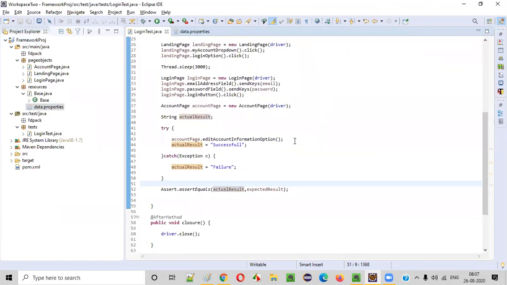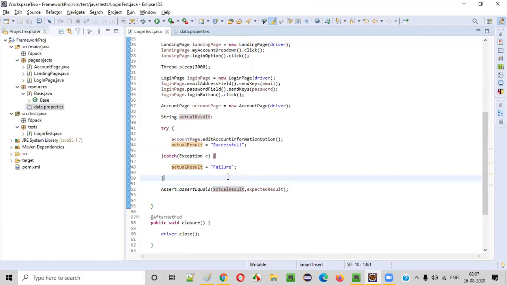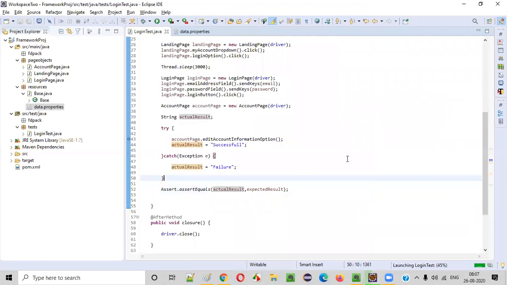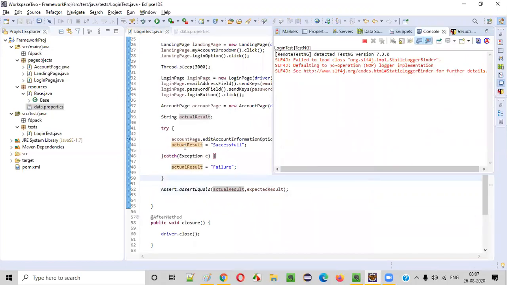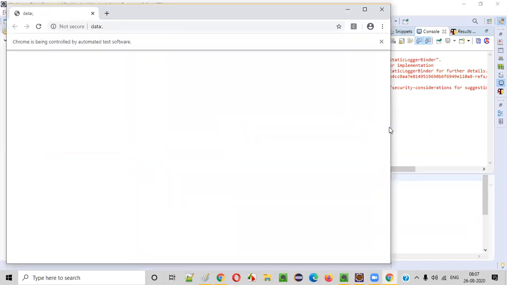Okay, there is something we are missing, guys. Why is this not happening? We have to see if it is still going to the try block or not, we don't know, right? So we'll do one thing. We'll put a breakpoint somewhere here, near the try block, and run this and see where exactly it's going wrong. Right click. Instead of running as, we'll say debug as TestNG test. We are going to debug the problem. We are going to troubleshoot the problem, guys. So we'll see what's happening.